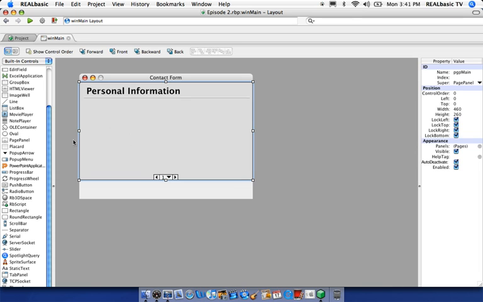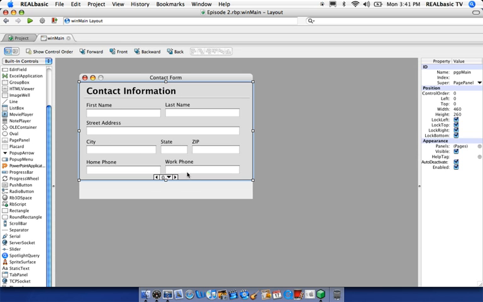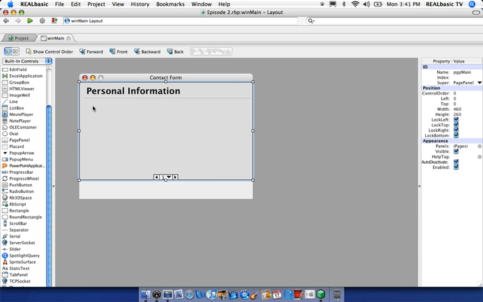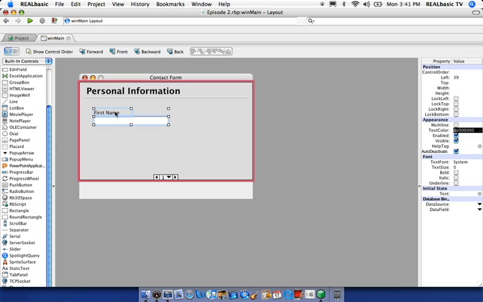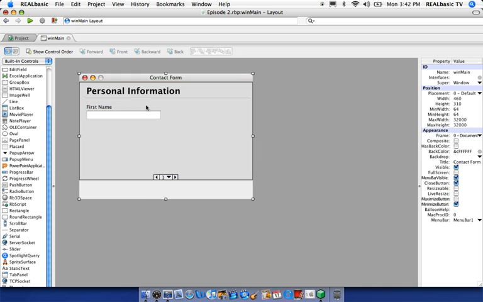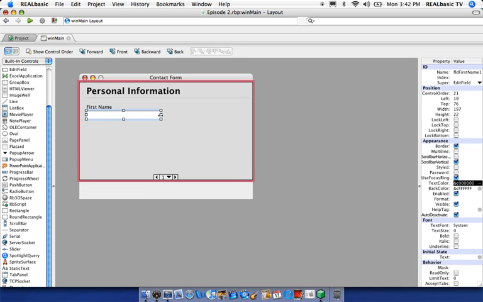So we still have the edit field and static text from the previous page over here copied on the clipboard. So we can go ahead and paste that right here. You'll notice it'll paste within the page panel there. And people's email address lengths can vary, so we're going to want to do the same thing that we did with our address field, and make this the length of the page or of the window, so that they have more than enough room to enter in their information. So I'm going to go ahead and drag this right out there,